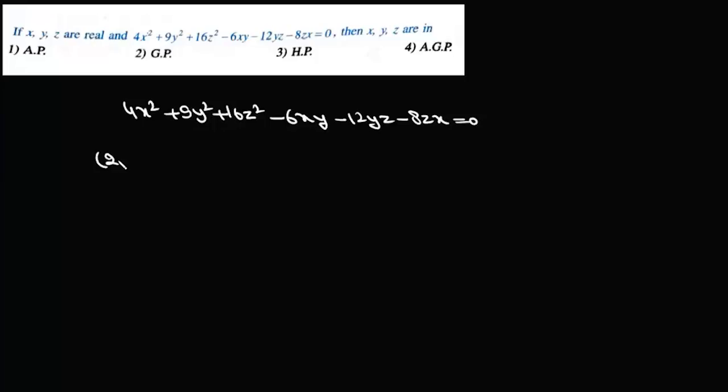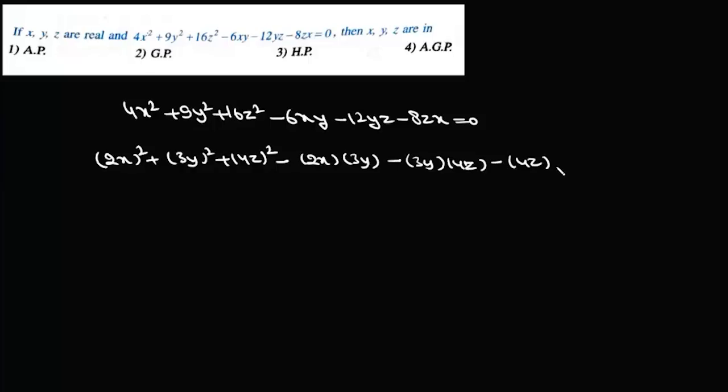Now if you look at the expression, this is 2x square plus 3y square plus 4z square minus 2x into 3y minus 3y into 4z minus 4z into 2x equals 0, which is